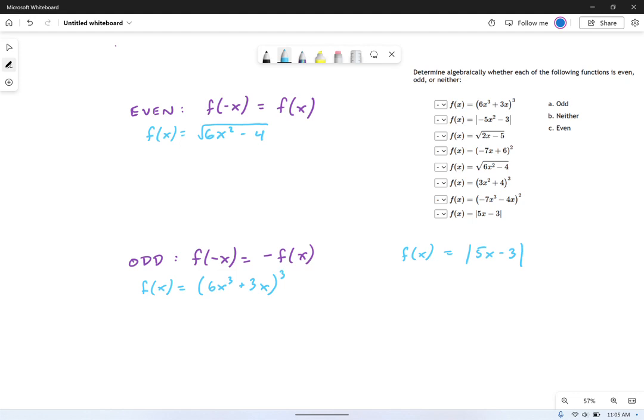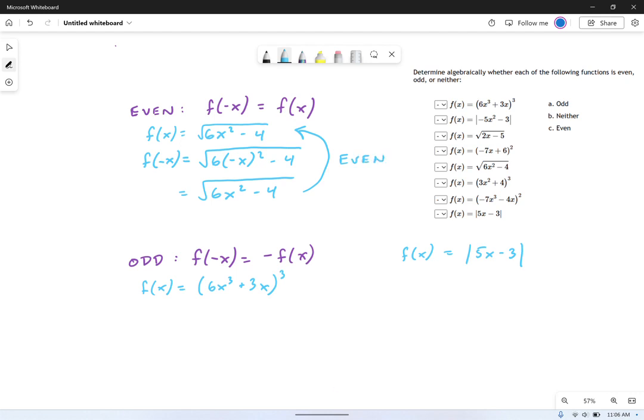So in the first example, I've got the square root. I'm writing right here, and I'm going to say, what if we take the negative x input of this thing? Well, look what happens. We get 6 times negative x squared minus 4. Now, what happens when you square a negative? Well, for that, we just get a positive x squared. So this was very quick. You see it's exactly the same as the original one. You can compare it right there. This is therefore an even function.